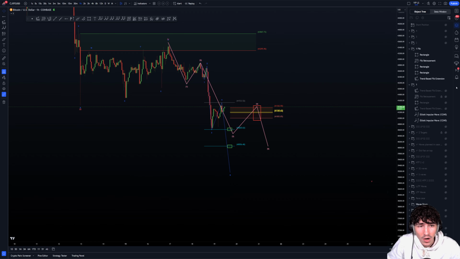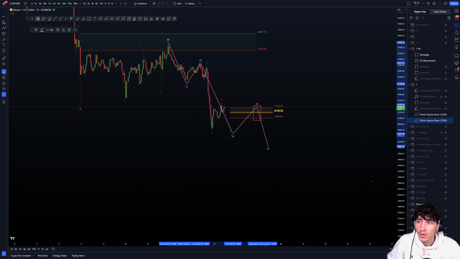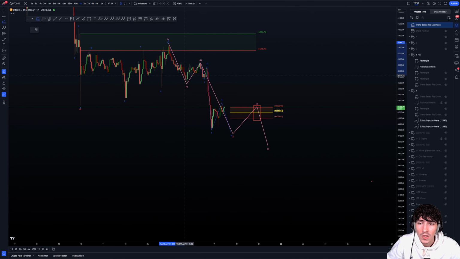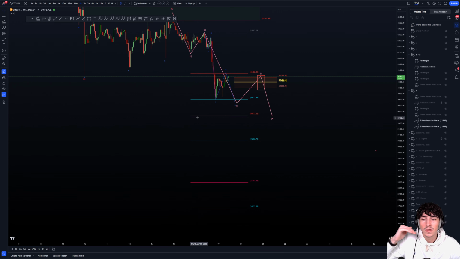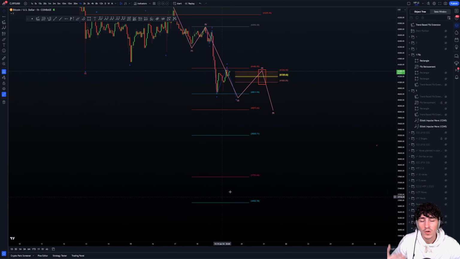Well, you just need to remove these targets and add the wave 3 targets. The wave 3, so to speak, this ping wave 3 target. So you pull the extension tool from the wave 1 root to the wave 1 bottom to the wave 2 top, and you add the wave 3 targets. So 1 to an extension, 1618, 200%, 2618, 3618, 42316. These are going to be the targets of the ping wave 3.